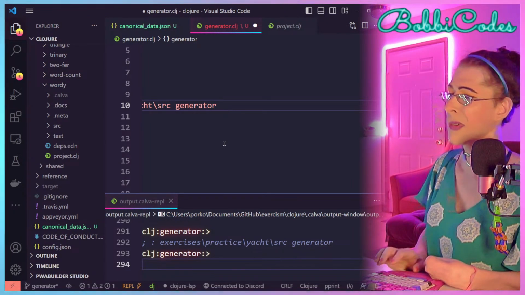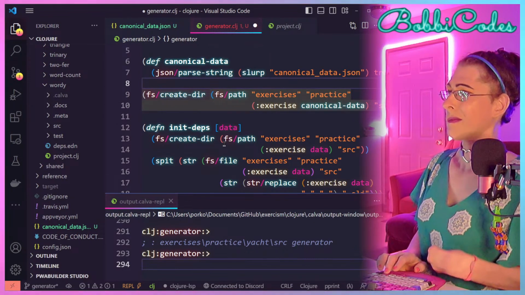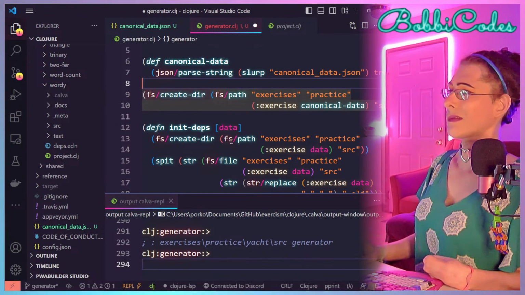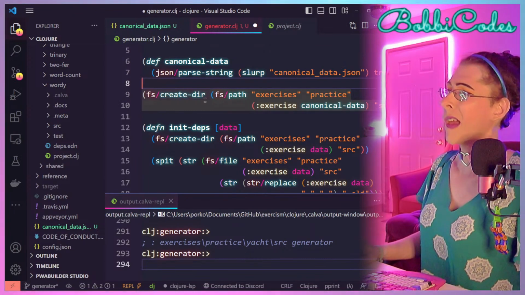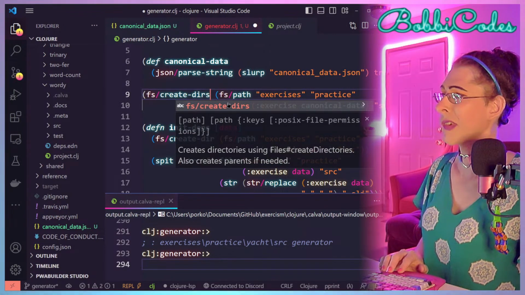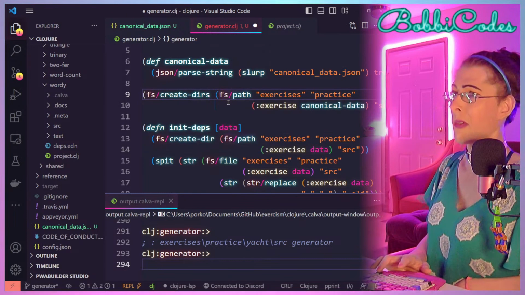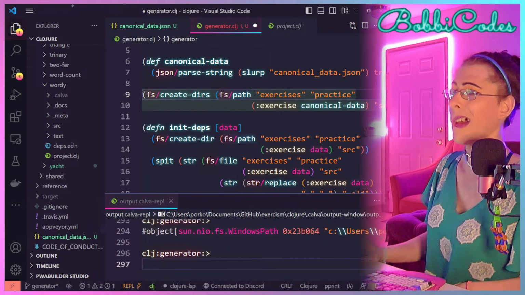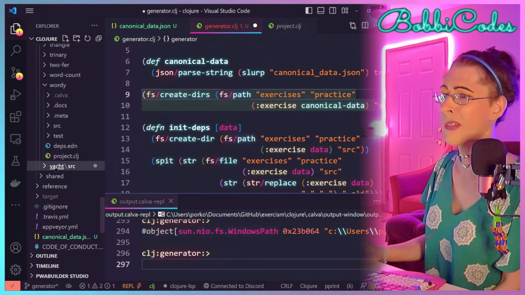Okay, yeah, that's probably it. Oh, maybe that's where create dirs using files also creates parents if needed. Let's see if that works. Aha, there it is. Cool, that's all we had to do is just say create dirs.